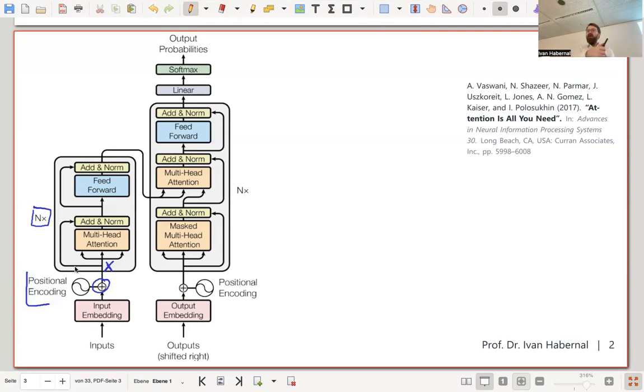Yeah, exactly. We have the query, we have the key, and we have the value. So query, key, and value. What are these query, key, and values? How did we get them? How do we get the query, key, and value? Remember? We took the input, we call it X, and